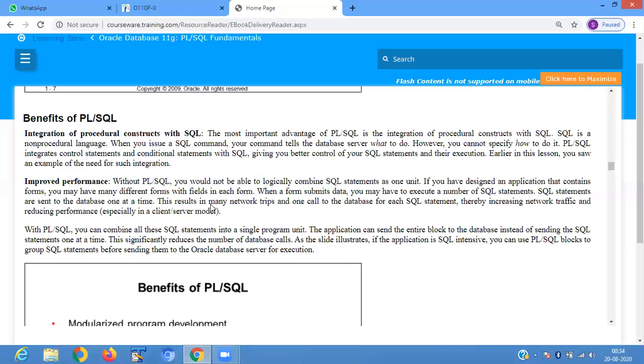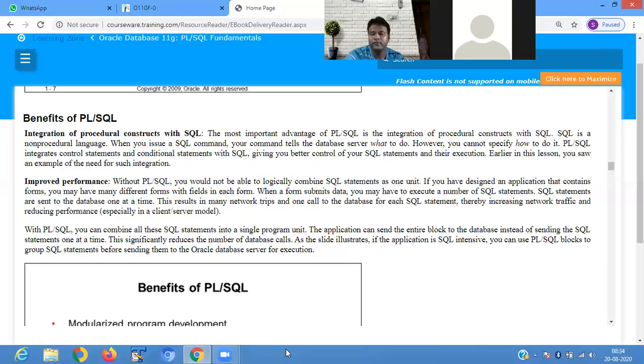Form means where you are giving your input. It may be, when you are creating an account in Gmail, that it is asking you your name, first name, last name, date of birth, then contact number, then recovery mail ID, recovery number. So where you are giving an input, that is called the form.